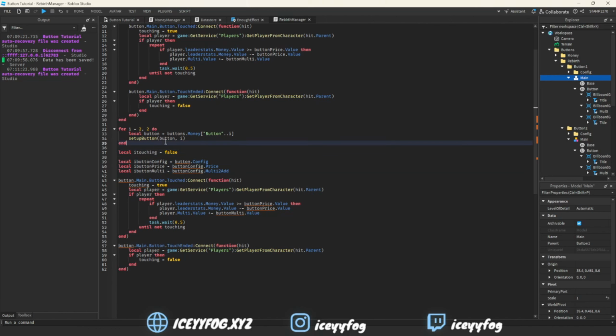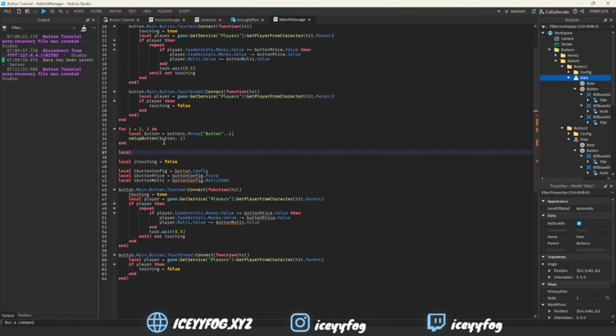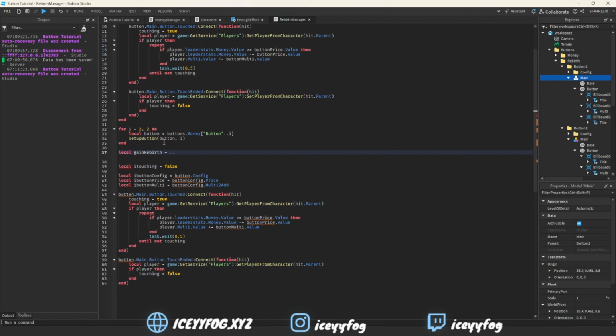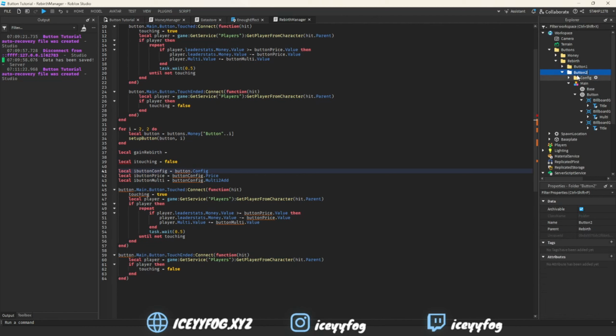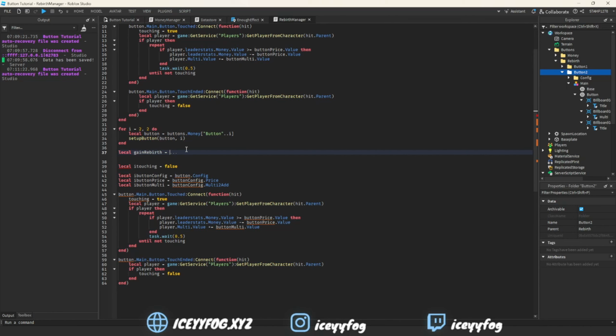Then you can do your new local. So local game rebirth equals, and what we're going to do is the same thing. The reason we don't do button number 1 is because to get rebirths you have to exchange your money for it. So we're doing gain rebirth, and we're going to put this to button 2. So button 1. So we're going to do